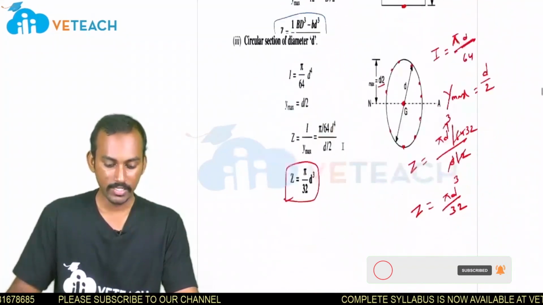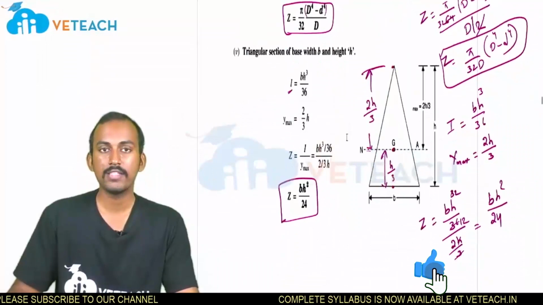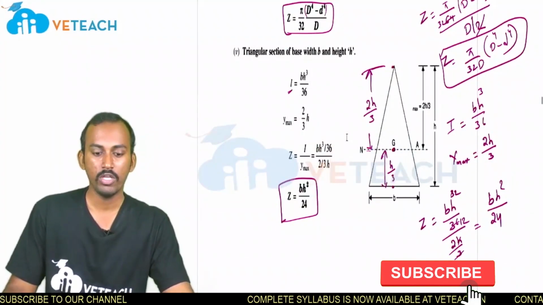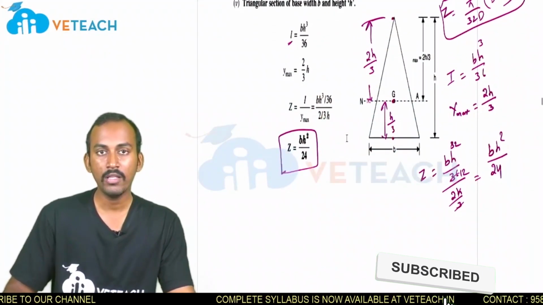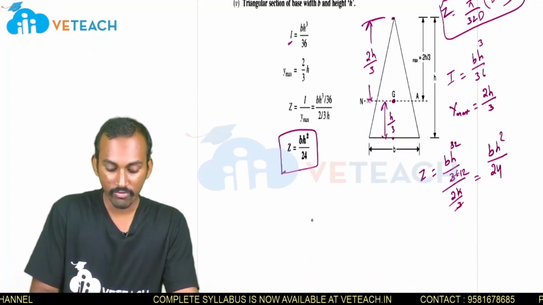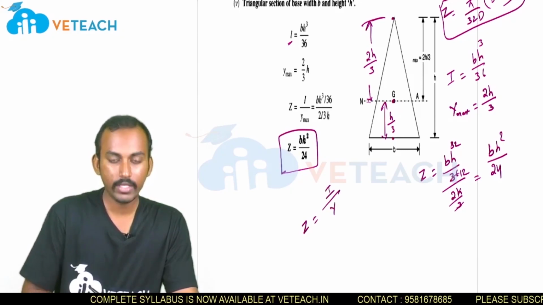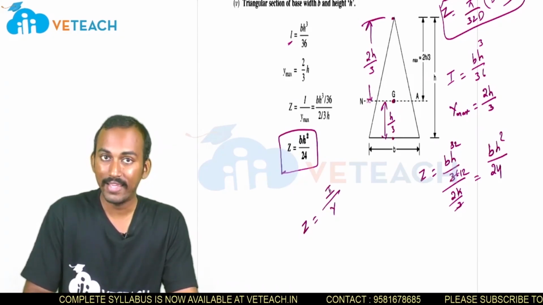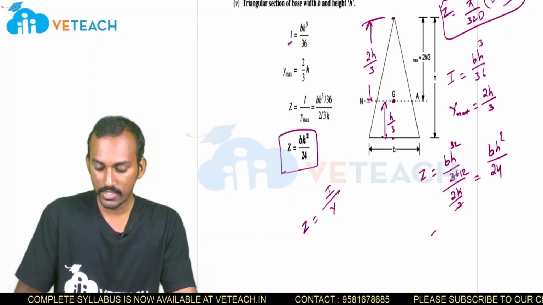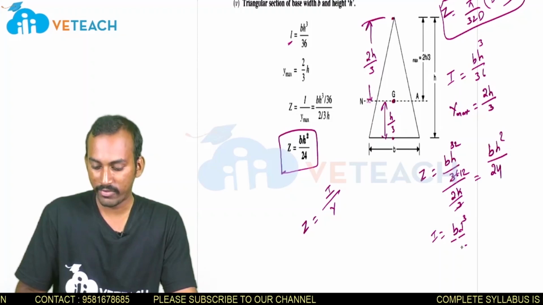And the last point is, what are the units for this z? Whether it is mm, mm square, mm cube, mm power 4. If you observe in your SM1, this z has some unique units. So what is the formula for z? Z is equal to I by y, right? So what are the units for the I? What is the I formula? I is equal to bd cube by 12, right? 12 is a constant, it will have no units.